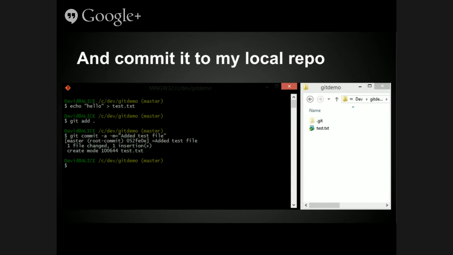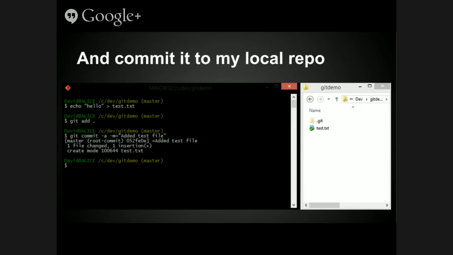So from here, we want to commit it. So git commit. Now you get a taste for how annoying remembering the command line options are if you've never used Git before. So git commit -a -m and some message.